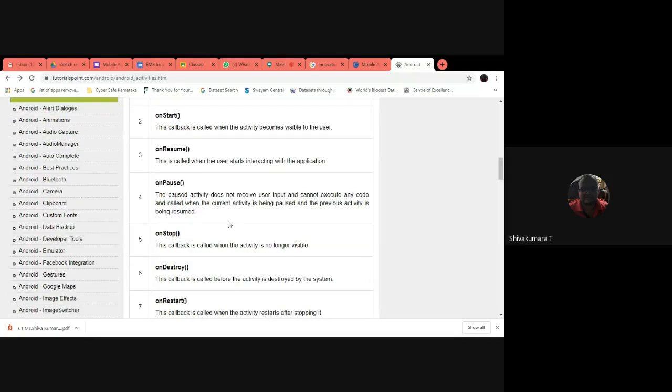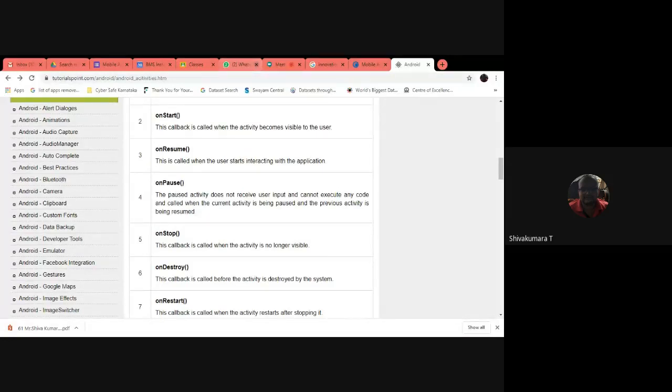Then onStop is called when the activity is no longer visible. When you don't want it visible, you just click on the close button, and it exits the current context of visibility.